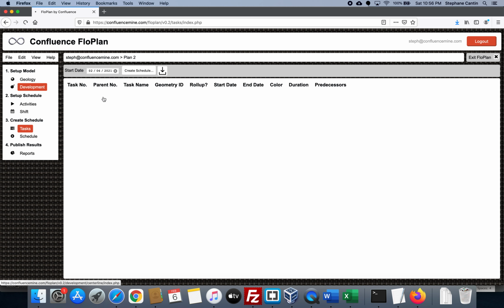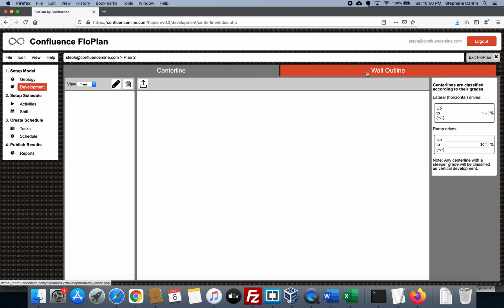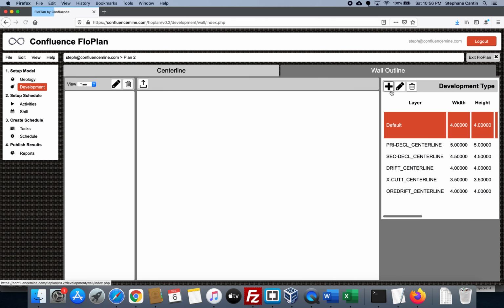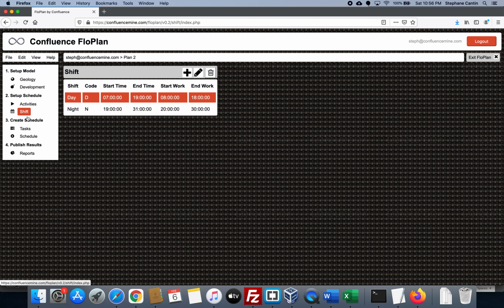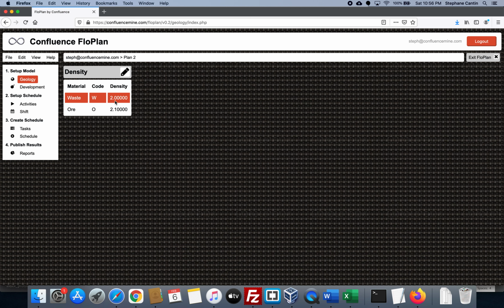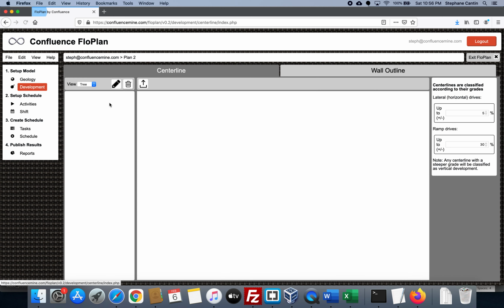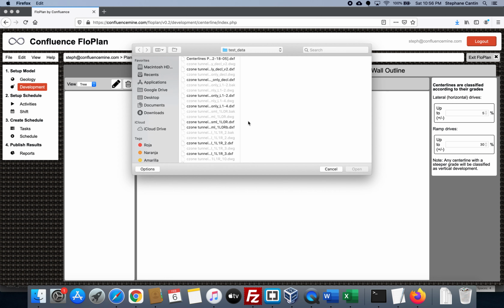This will be at 0 as well. And my new plan won't have any development in it, but it will remember all of the actual properties. So whether it's the activities definition or the shift definitions, they're going to be saved. And here we can see we have the ore and the waste densities. So those are generally just set once. So you create your default plan, then you just do a save as, and we can come in here now and basically schedule a new